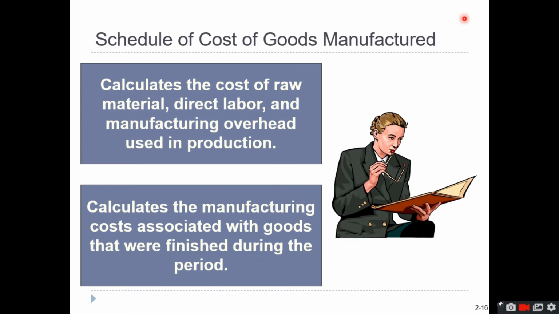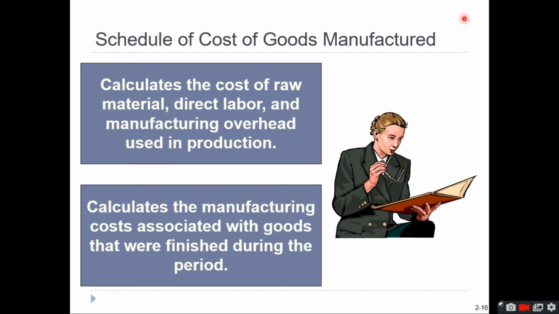Okay. So for the cost of goods manufactured, I hope you can still remember the schedule of the cost of goods manufactured, also known as the cost of production report, is used in order for us to identify what items were included and affected our computation of cost of goods manufactured. So it will start with the calculation of your raw materials used, and then you're going to add the direct labor, and then you're going to add the manufacturing overhead, or the factory overhead, for you to get the total amount of items placed in process.